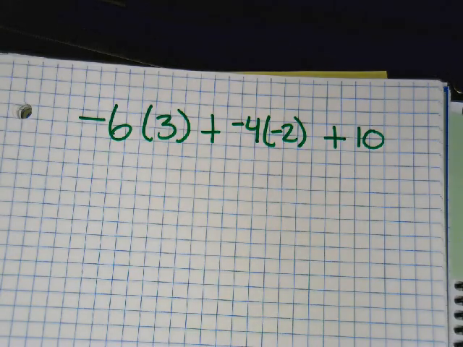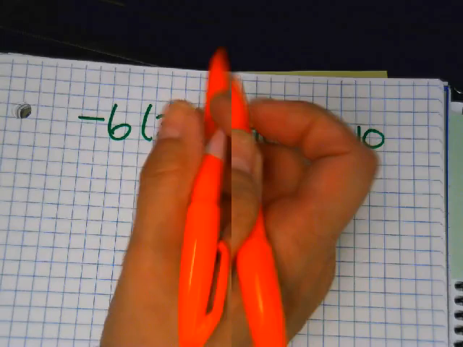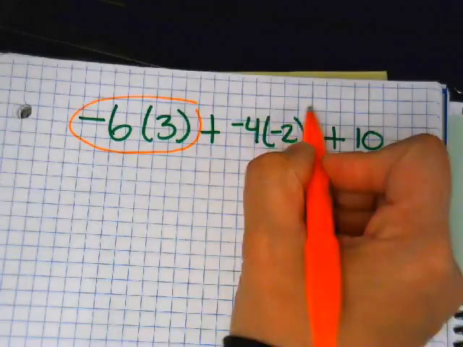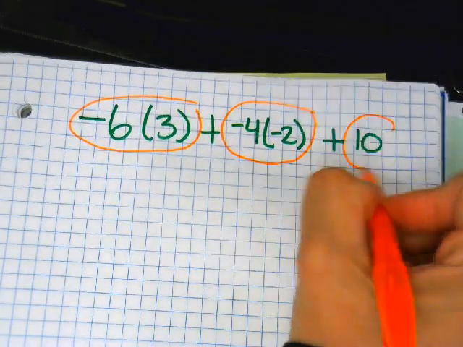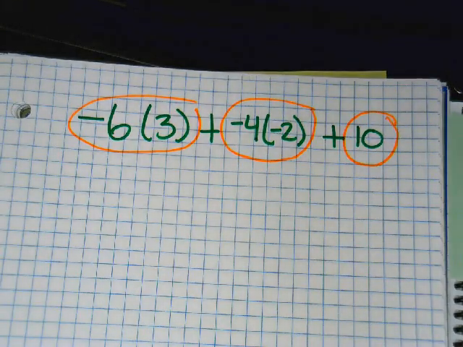Now we're getting into 7th grade. So how many terms? You have 3 terms, the plus 10. That's the first thing you do. You identify the terms. 6, 10. Then